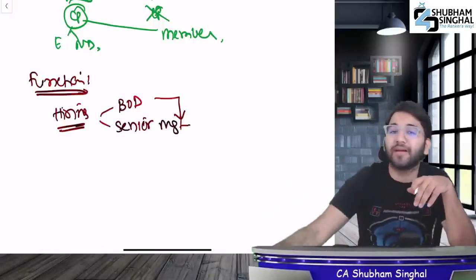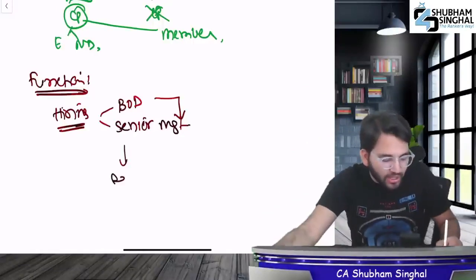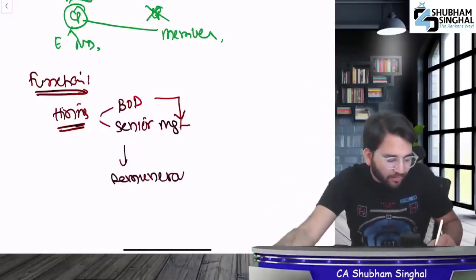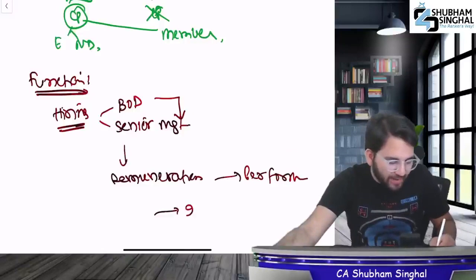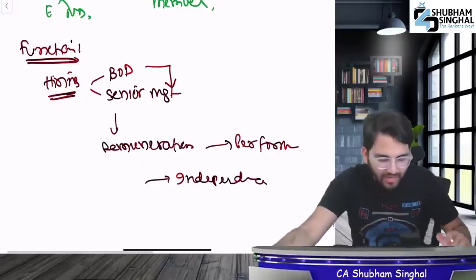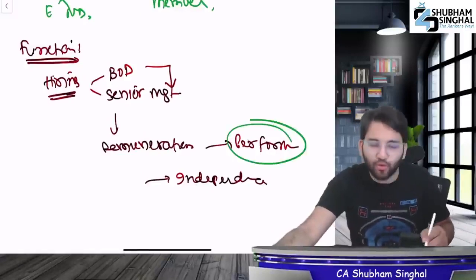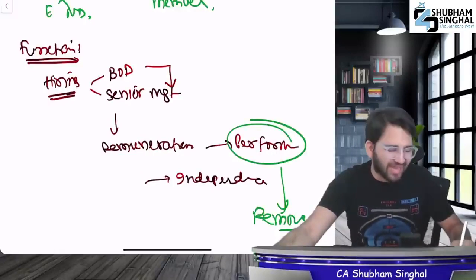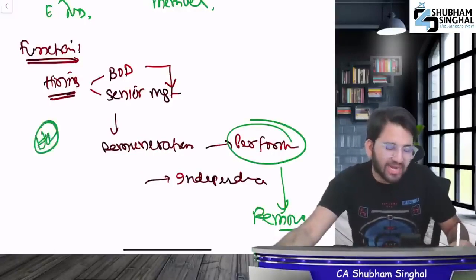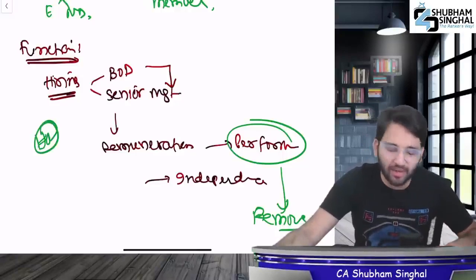Now, after the nomination and remuneration committee does the hiring, it will decide their remuneration and decide the methods by which you can perform their performance review. In fact, reviewing the independence of independent directors is the responsibility of the nomination and remuneration committee. Lastly, if you don't like them after the performance review, then you can also remove them. Doesn't it feel the same as the job of HR? Whose job is it? The nomination and remuneration committee's.